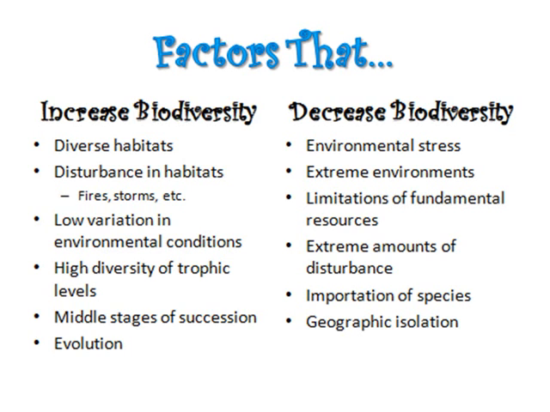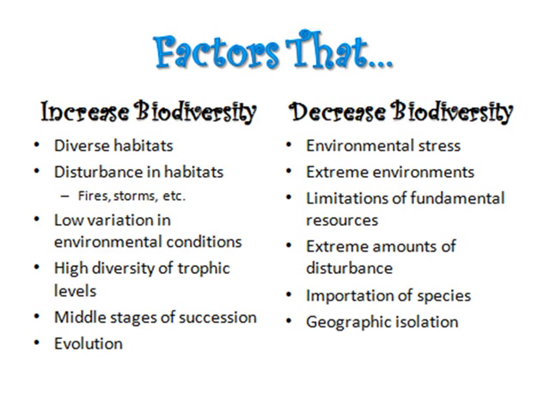If you don't have a lot of variation or changes in the environment, if you have a lot of trophic levels, more complicated ecosystems and interspecies relationships, actually being in the middle stages of succession, and when you have increased evolution of new species. To decrease biodiversity, some of the factors that you'll see causing that are environmental stress, more